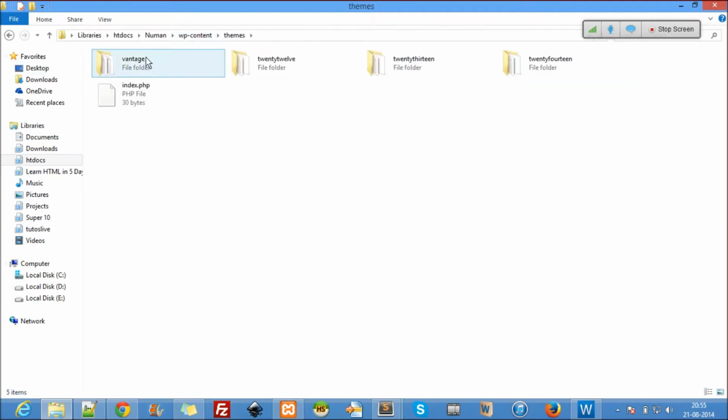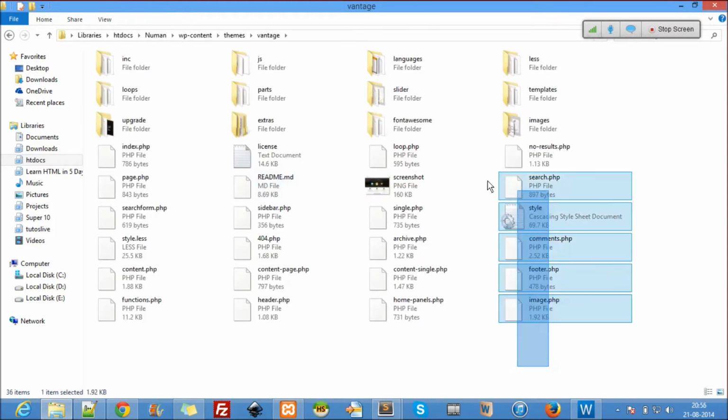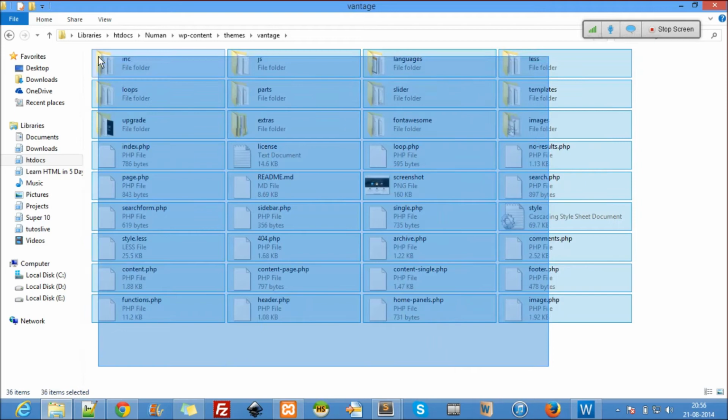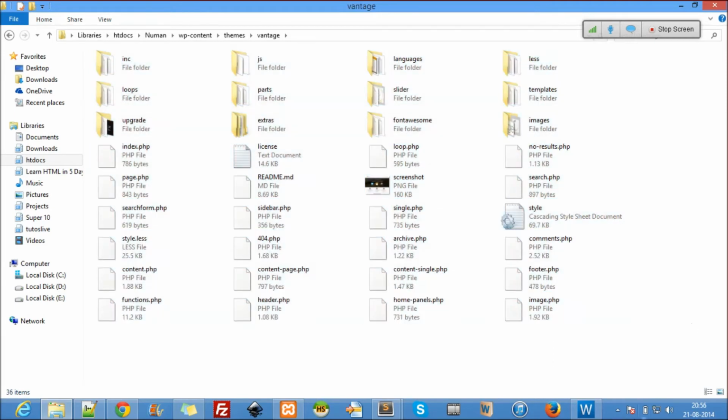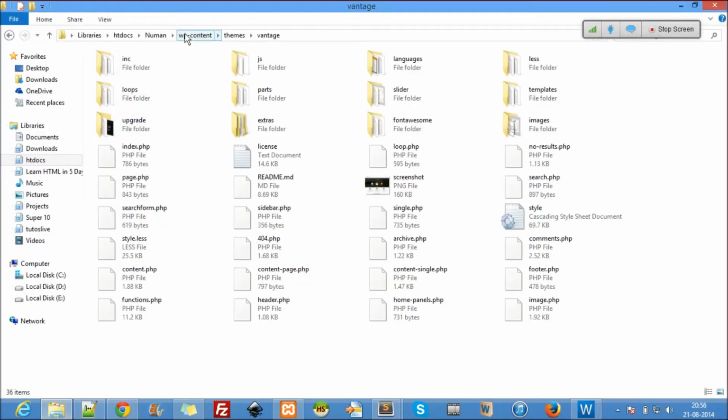And this is the themes. We have installed the Vantage theme, and that comes in here, and this is what appears on the front. So this entire thing is that theme. This is where you are supposed to go if you want to change a layout, because layout is theme in WordPress. Any questions here?